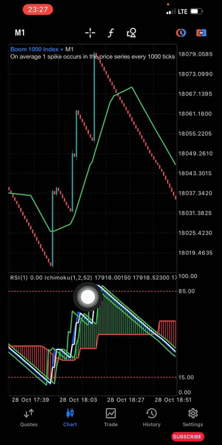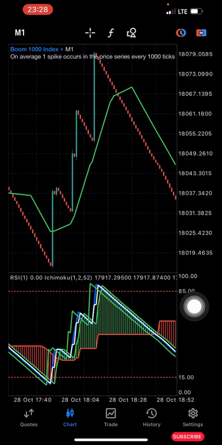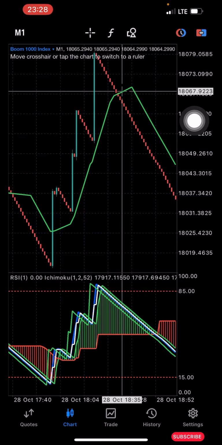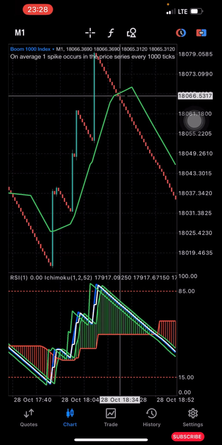This is what you have to do. You wait for the green line here, the one showing outside, to cross below both the green and the white line. Immediately you see that it has crossed, you quickly observe the main chart. Here on the main chart, you want to see that this small candlestick crosses below our green line. Once you see the crossing successfully and the candlestick has closed below the blue line, the green line on the main chart,